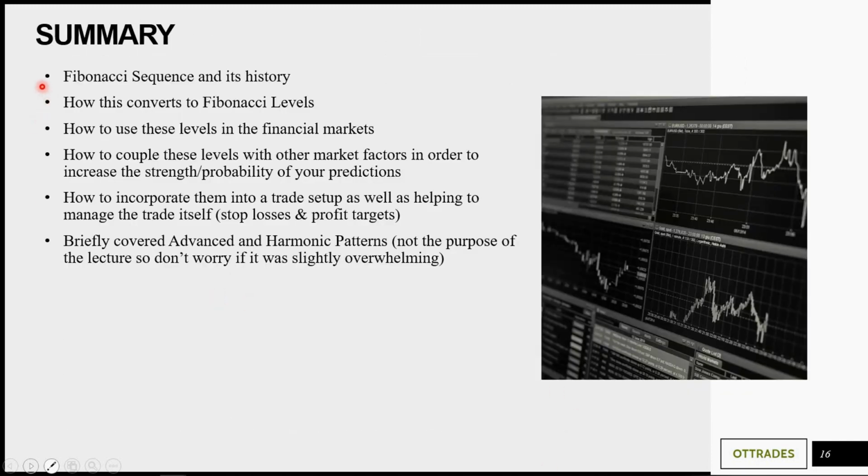So yeah, just to summarize, we've covered the fib sequence and its history. We've briefly covered that. Whether it's worth putting that in or not, I said at the beginning you can skip that, but it's just a background of how these levels have come about. Obviously how this sequence converts to fib levels and how we can use these levels in the financial markets. Not just Forex, people use these in the stock market, indices, bonds, options, futures as well, whatever. How to couple these levels with other market factors, so support and resistance, in order to